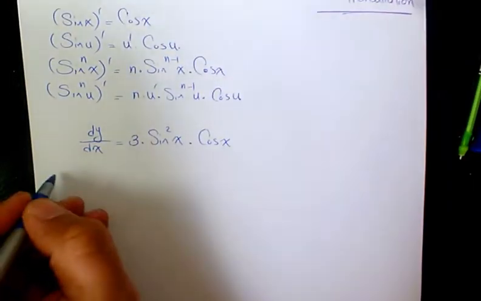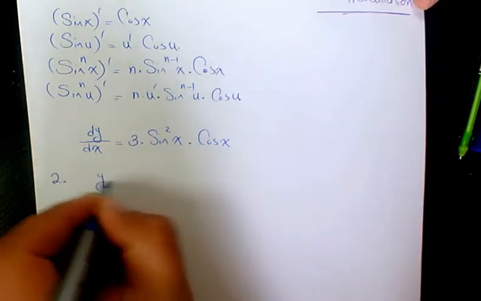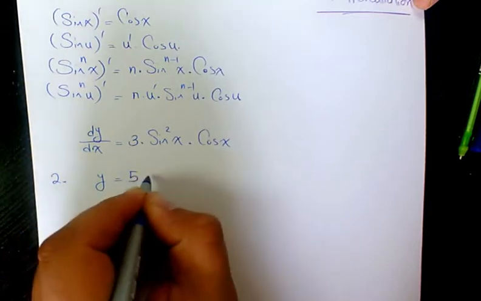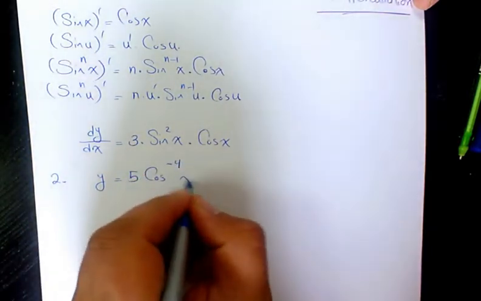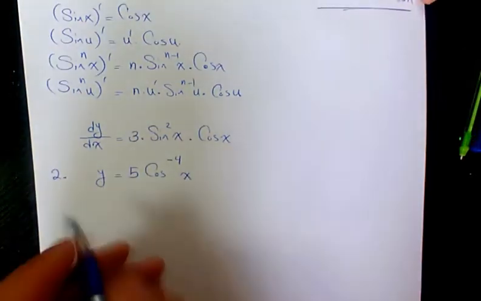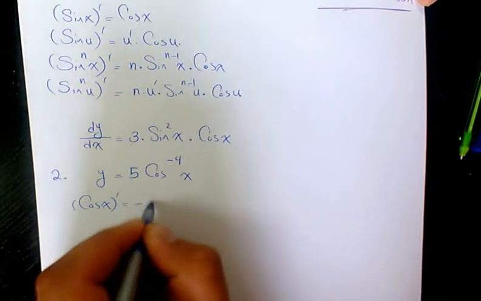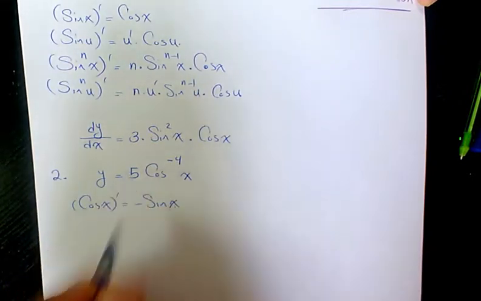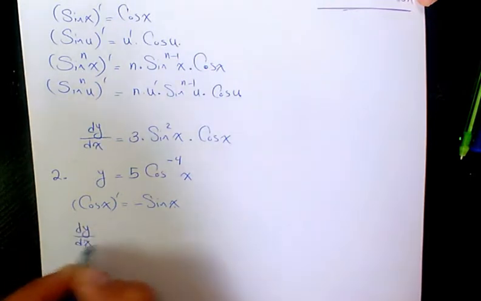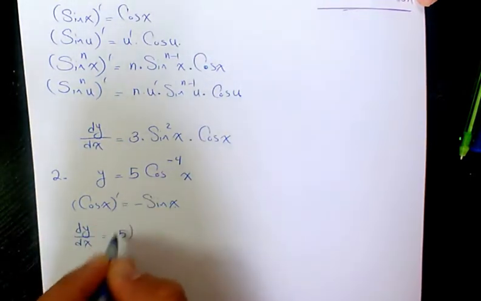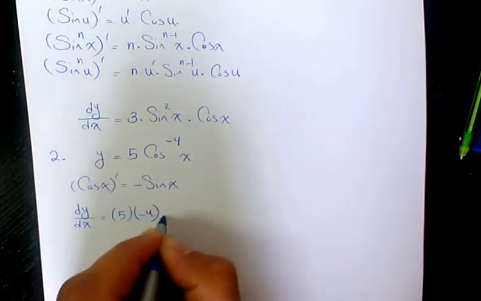Next one, we have y equals 5 cosine to the power of negative 4 x. So we know the derivative of cosine x is negative sine x. So here we have dy over dx will be 5 times, because that's the coefficient, 5 times negative 4 times